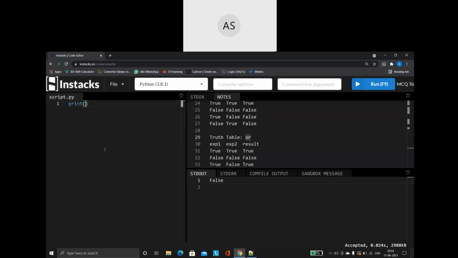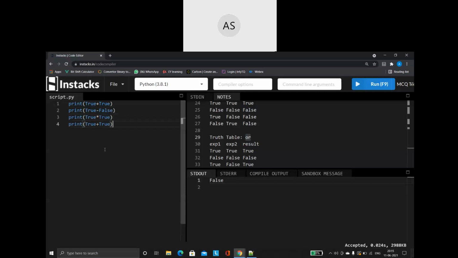So I am going to say print true plus true, true minus false, true into true.